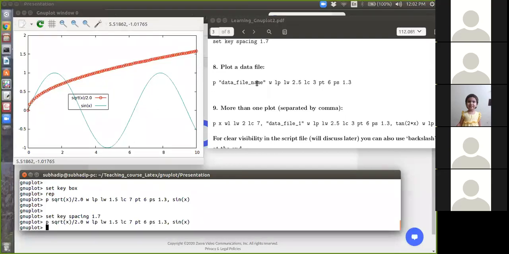So please have any data file in some test folder or practice folder. Then you can open the GNUplot window from that folder.